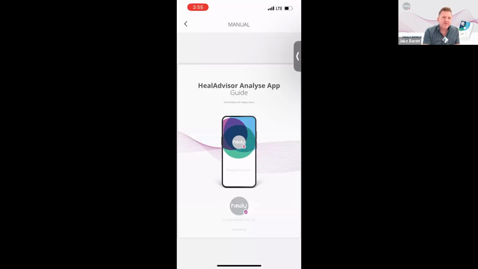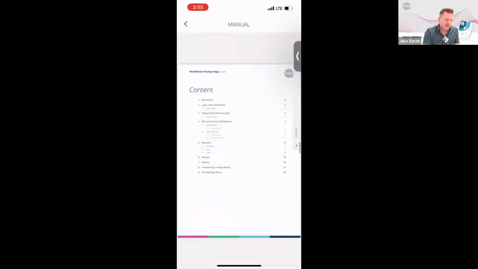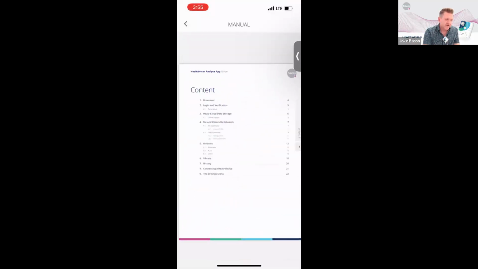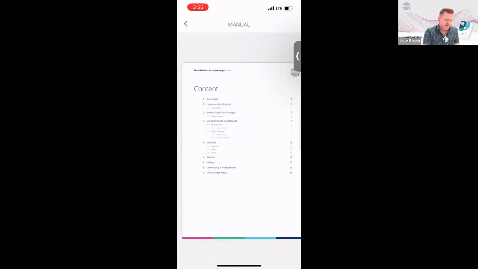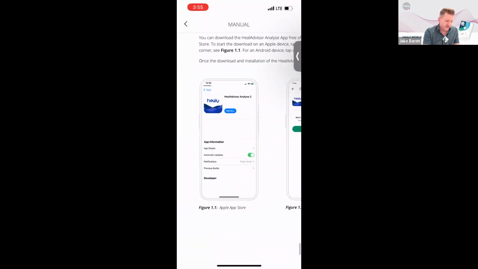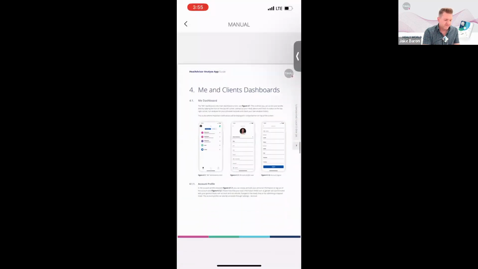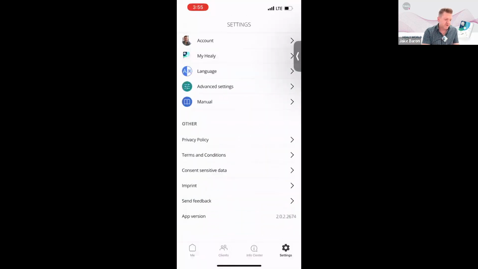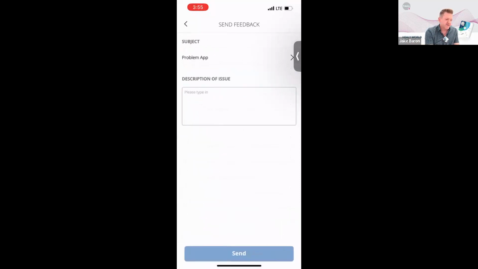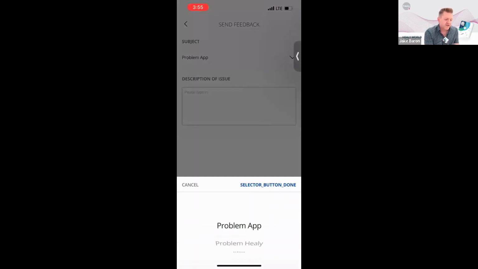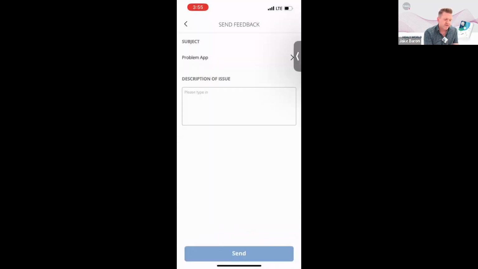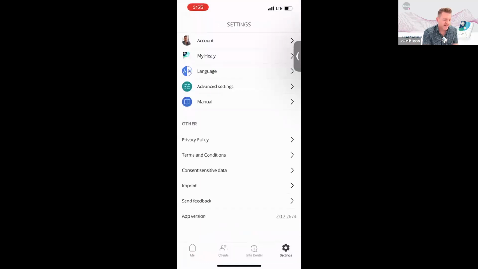It's great to have an actual PDF downloaded too on something else, because it's a little bit easier to look at on your computer. But you can go through this, you can zoom in on all the different areas and kind of see all the different features. So yeah, that part's pretty self-explanatory. Again, the send feedback, let's go to this. For the subject, you can pick problem Healy, idea, general feedback, or other. But very easy to pick that topic and go ahead and submit that feedback within there.